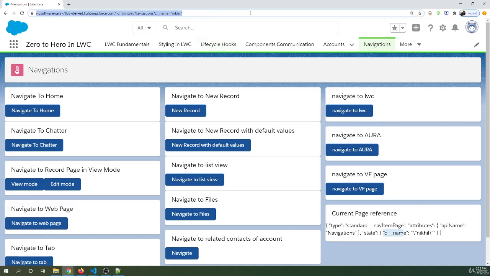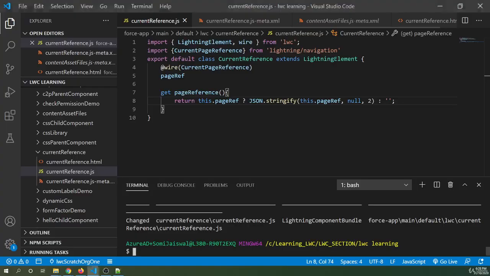If somebody passes anything in your URL, it automatically comes as .state, and you can print it as you want on your screen. You can use it as this.pageReference.state.c__id, and you'll get the ID. If somebody is passing the name, you will get the name. So you can use CurrentPageReference to fetch the page reference. You can fetch the type of the page, the API name of the page, anything you can fetch, right? So you can always print this in the console and see what the page reference is here. Okay, so this is how current page reference works,